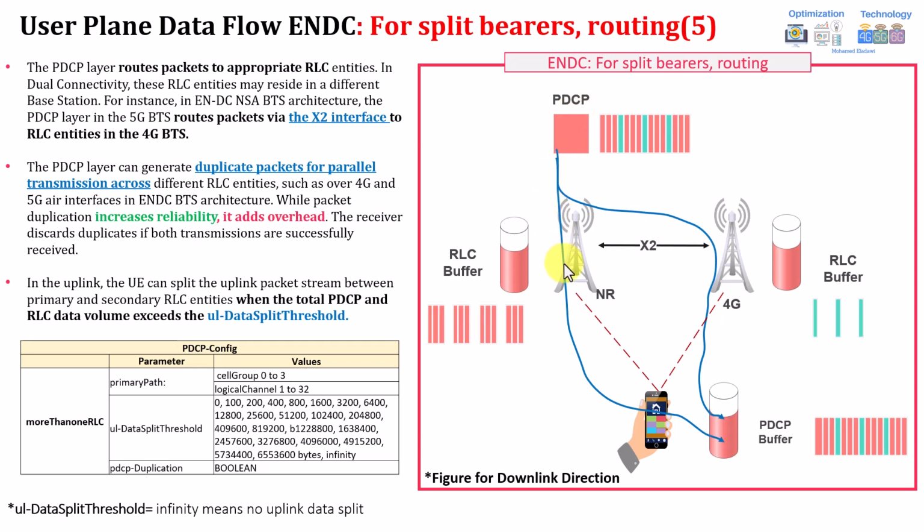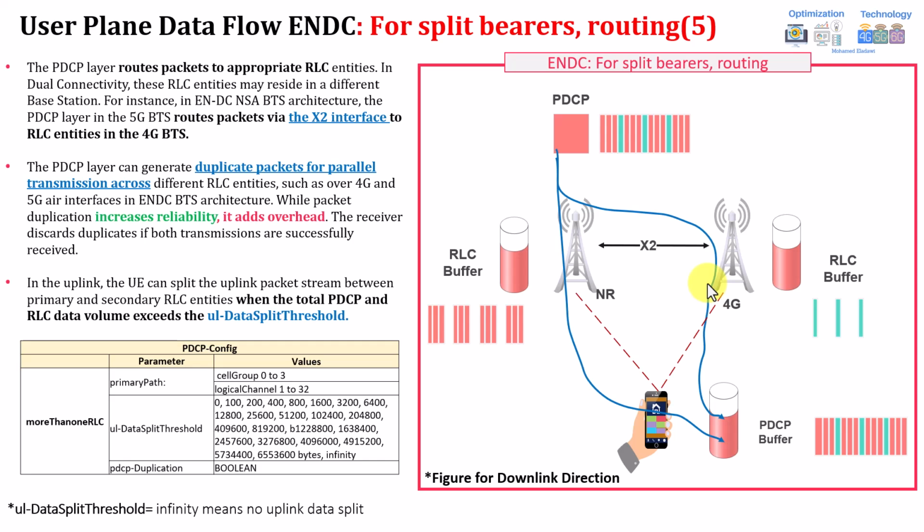For example, the first path is moving from the 5G PDCP to the 5G RLC. Assume these are the packets which should be transmitted: first 3 red for 5G, then the green one for 4G, as you can see here. 3 for 5G, then 1 green for 4G, and so on. This is how the packets should be transferred. So it will transmit the first 3 packets here and 1 packet here. Here it will pass through the PDCP RLC buffer, then go through the air interface, and here it will pass through the X2 interface.